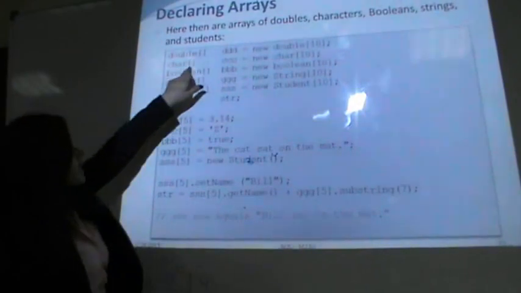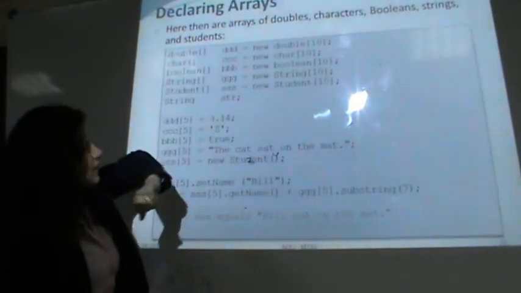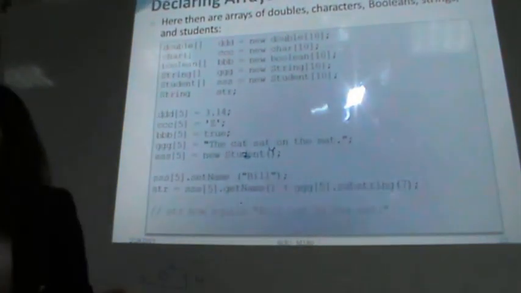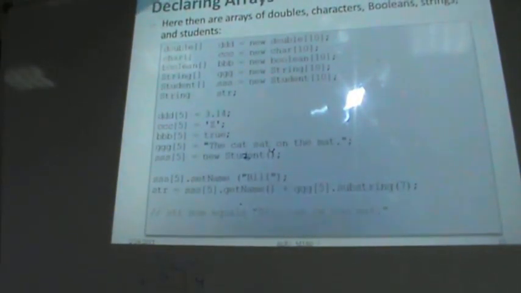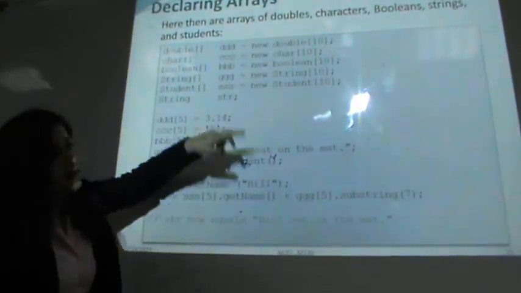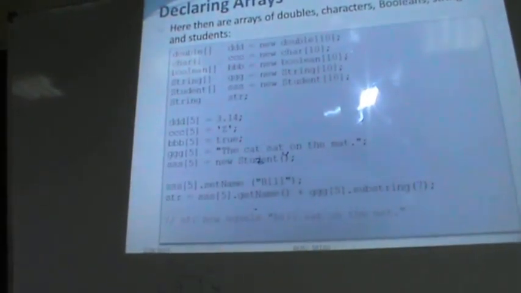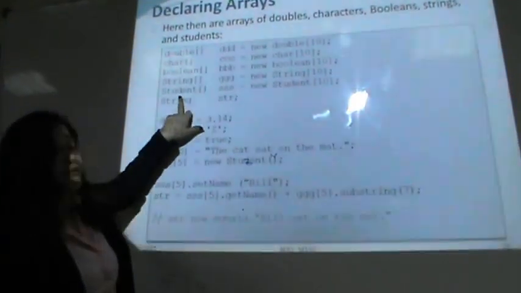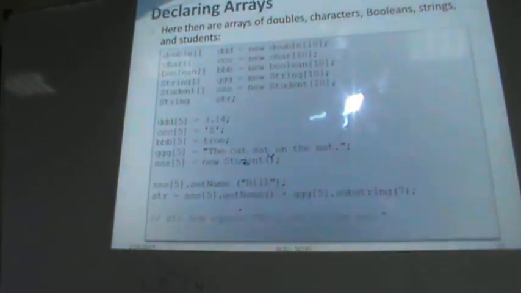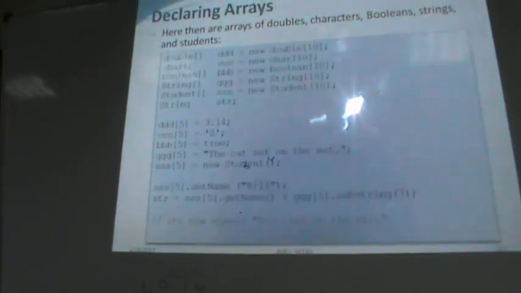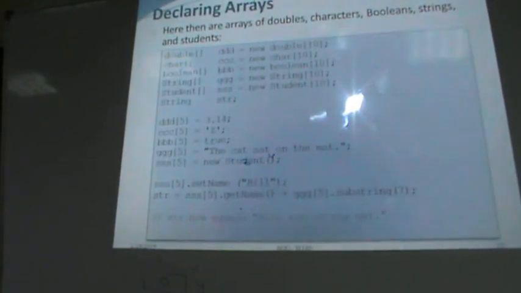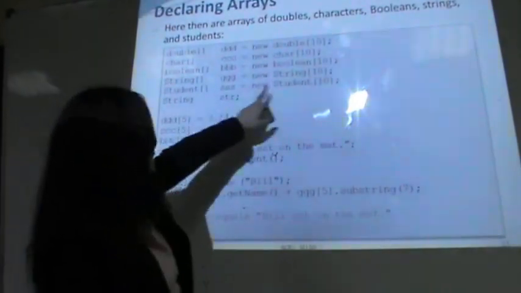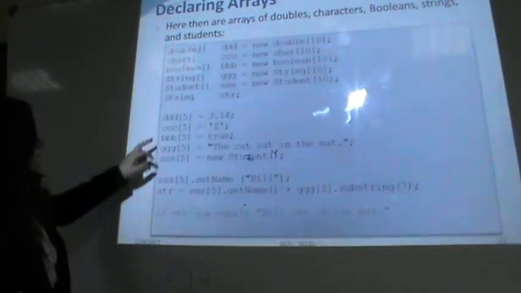And an array of characters, CCC, also what? 10 elements. Boolean, which means true or false, also 10 elements from 0 till 9. Array of strings, we have 10 strings inside an array from 0 to 9. And an array of students, okay? Already we have a class, suppose we have a class Student, and we have 10 students. Object of class Student, how many students? 10 students, and a string,